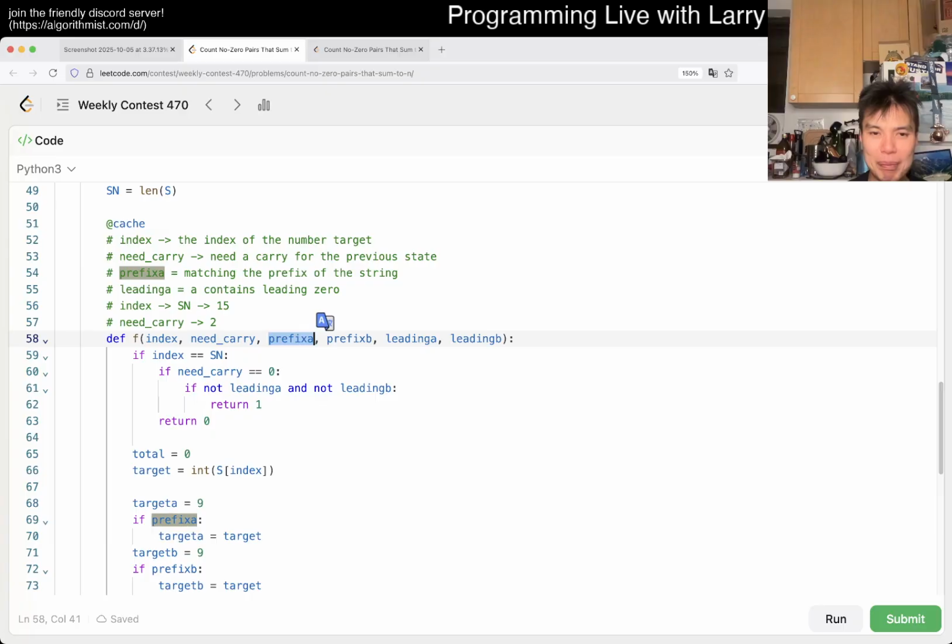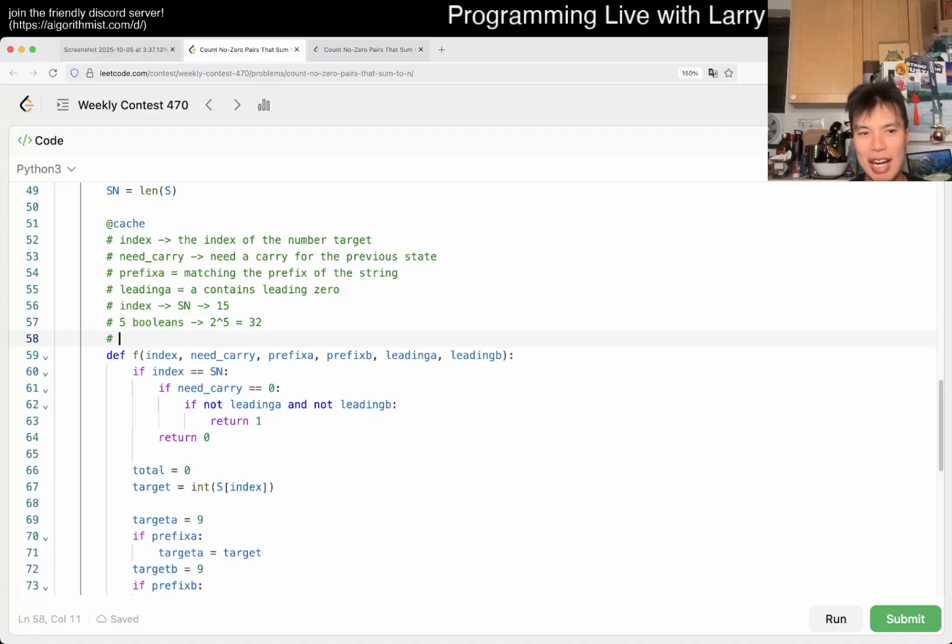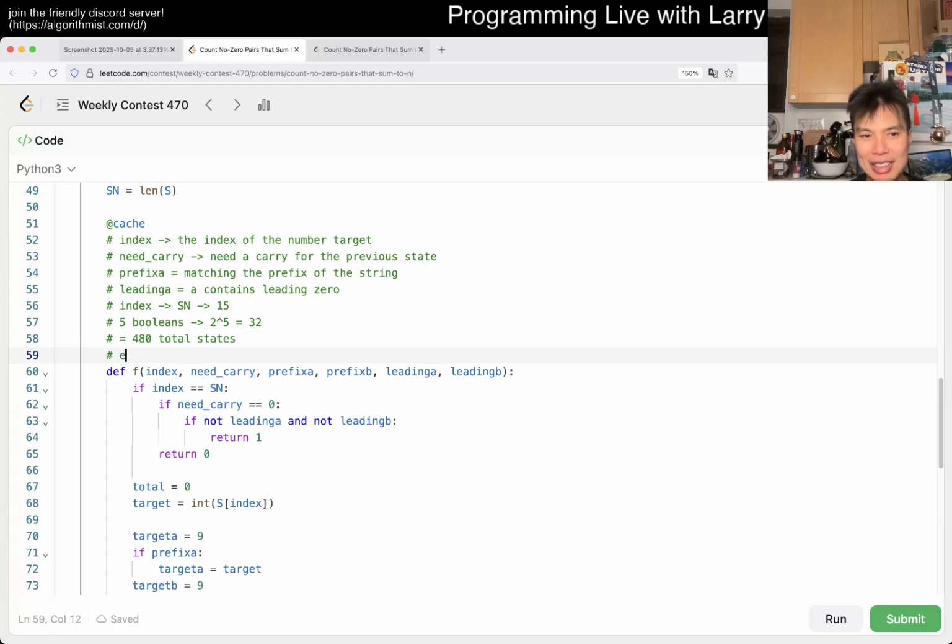Prefix is boolean, boolean, boolean, boolean. So we don't have 5 booleans. Well, not need carry. 5 booleans, which means 2 to the 5th, which means 32. So now you have 15 times 32, right? Doing the math, 480. 480 total states, and each state does